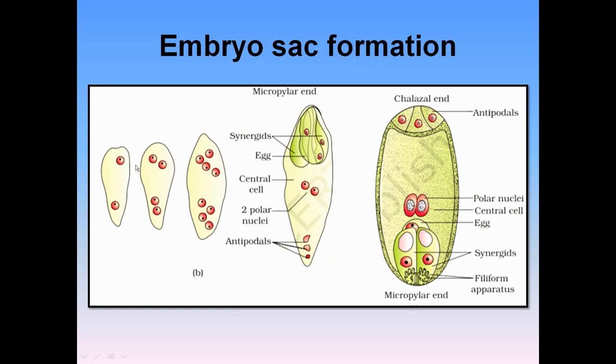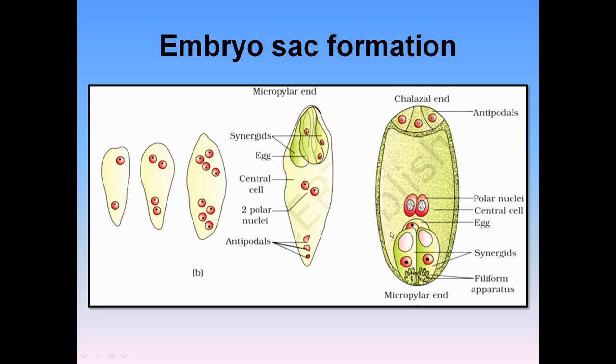this diagram again. That one cell which is left behind in the tetrad is going to divide by the process of mitosis. Because meiosis has already happened, what kind of division are they going to follow? That is mitosis. And ultimately, by mitosis, two nuclei are formed, and from two, four nuclei, and ultimately 8 nuclei are formed. The nuclear division is not followed by cell wall formation. Not immediately after the 8 nucleate stage, it is going to form a cell wall, especially at the micropylar end